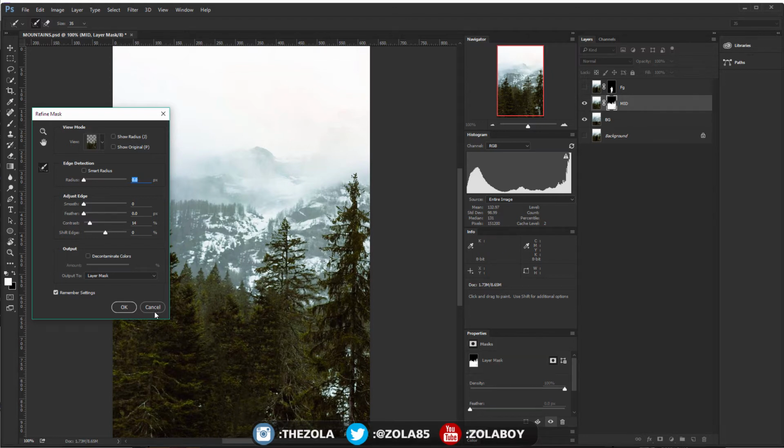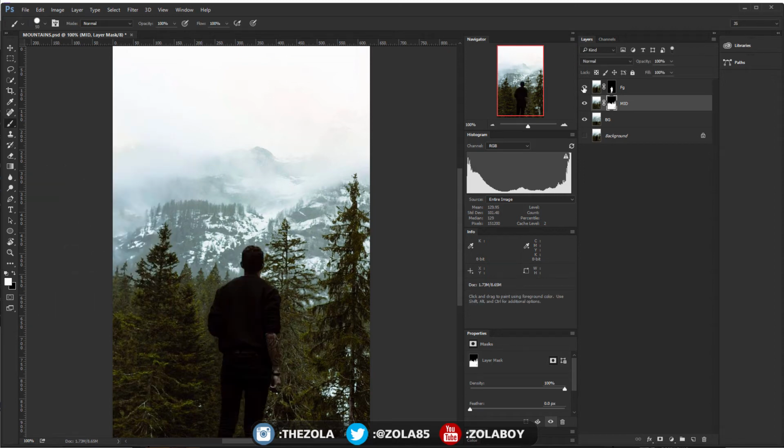Control Alt R to bring our refined mask in this case, because we had the mask selected. And as you can see here, if you look in this area, it's really crunchy, but if I just add a bit of feathering, it's not going to be too bad. So I'm going to knock that up to maybe 1. Contrast is alright, I think. So I'm going to hit OK, and I think that's going to do it. So we got foreground. So if I hit Alt here, we got foreground, got the mid, and then we got the background.